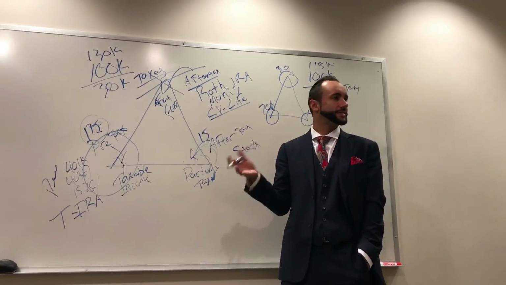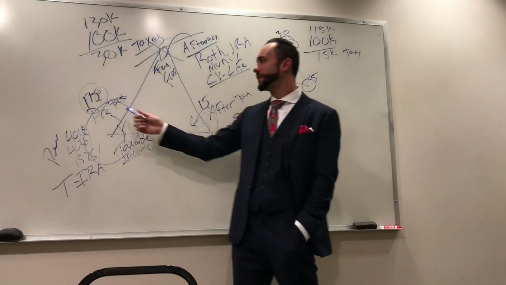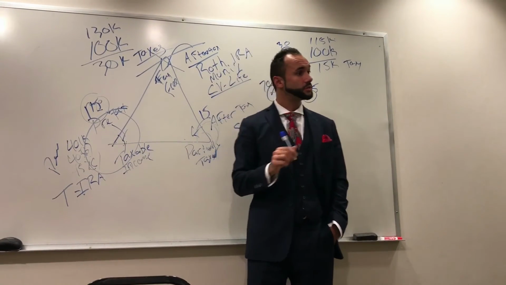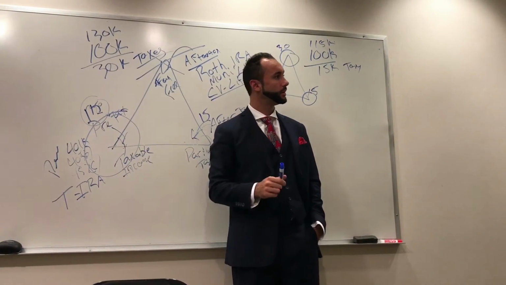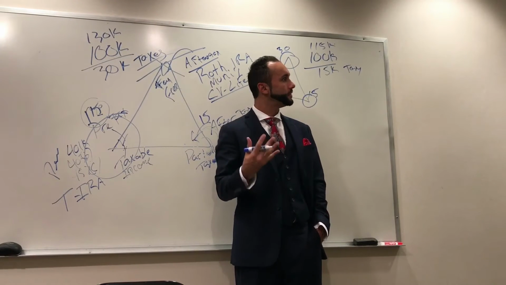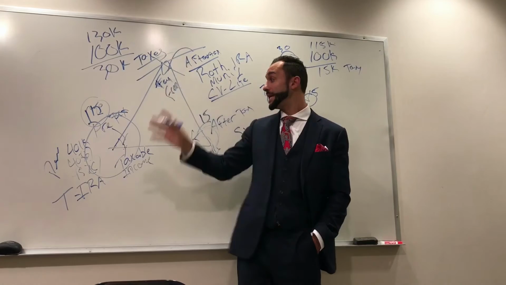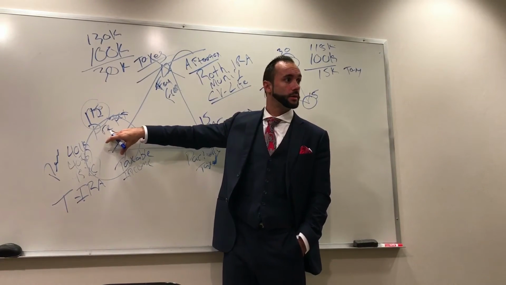It's going to be taxed differently as gains and interest. But their income for the year is 115,000. So guess what tax bracket they're going to be in? They're going to be in the $115,000 tax bracket. So they'll be in a higher tax bracket, paying on a higher amount of money, right?